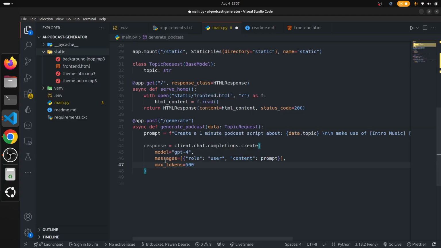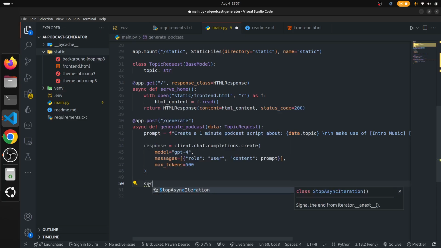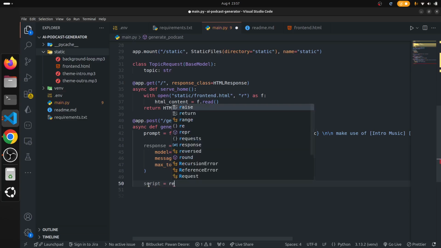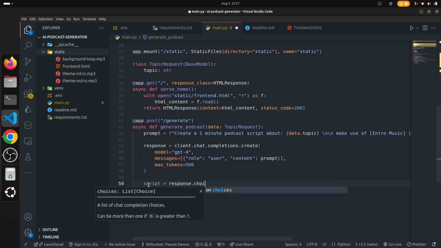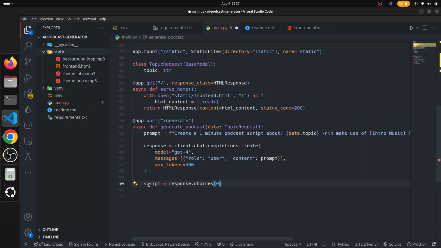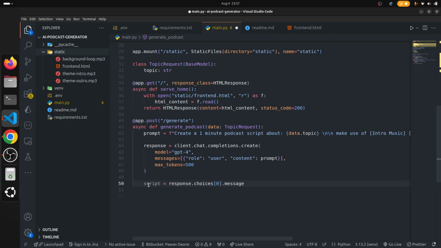Okay, now this is done. Once we get the response, we will store it in the script variable, because that is our script, right? So script equal to response.choices[0].message.content.strip(). So we will get the clean string, and we will also clean it again,